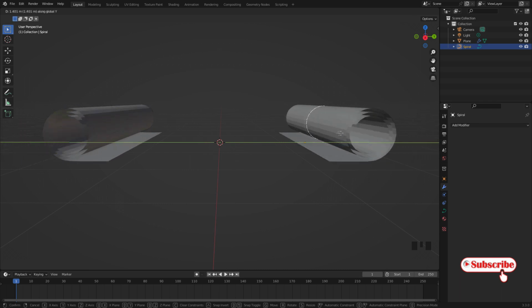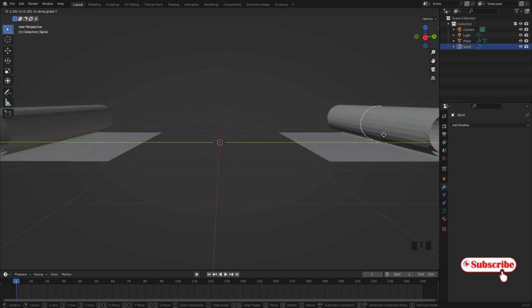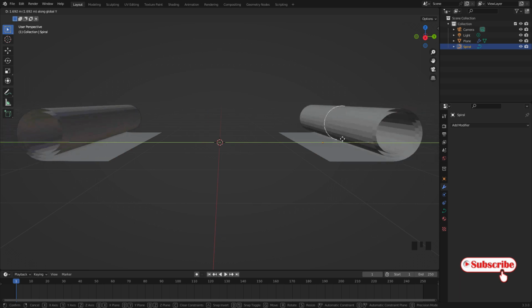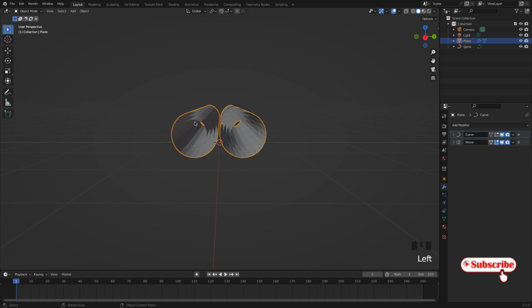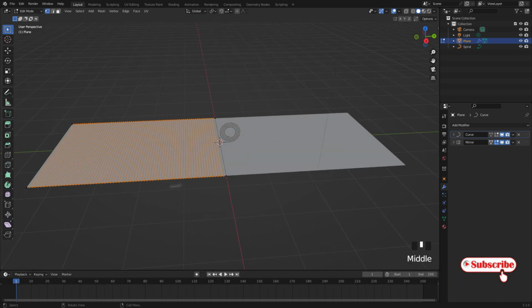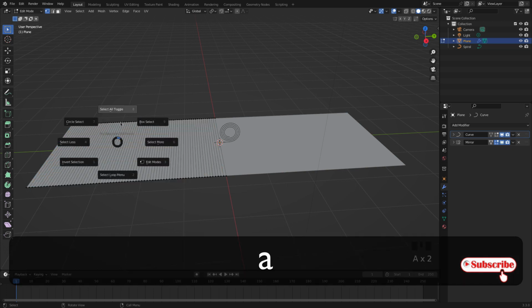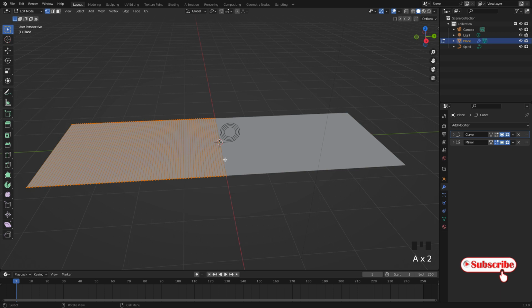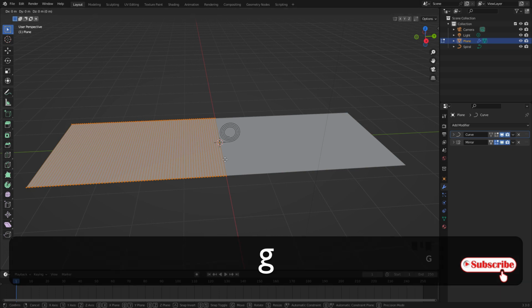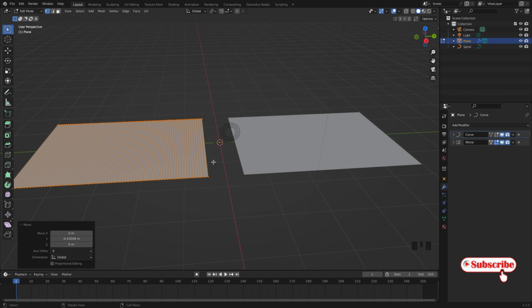Now you can see a gap. There are two planes rolling, so there's a gap, so we need to join that one. So escape, click this scrolls and go to edit mode and select all. So select all, and grab along y-axis and make some spaces and go to object mode,